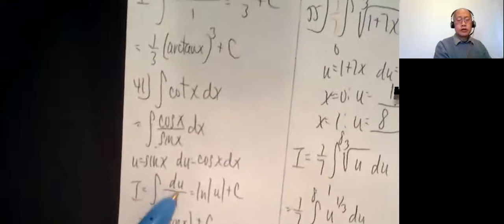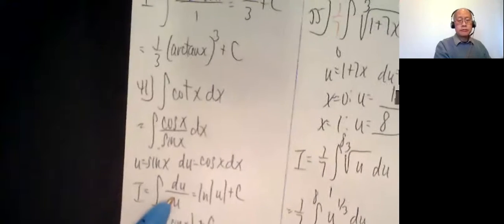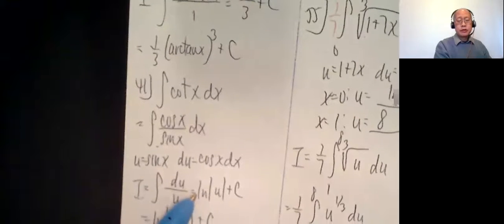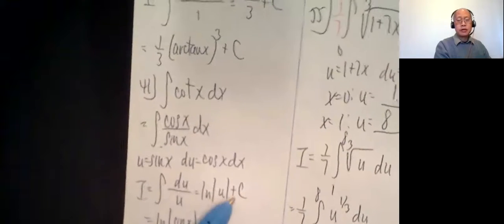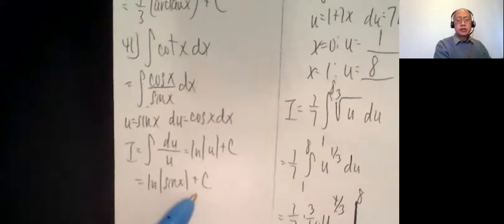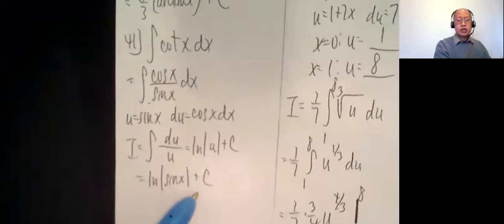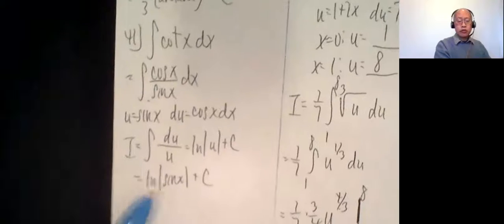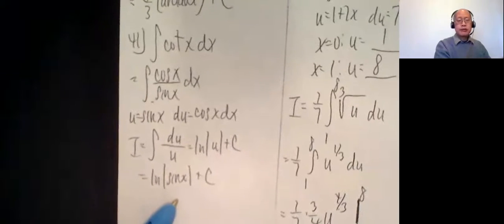So du over u, that's like 1 over u du. That's my natural log. So natural log absolute value of u plus c, and change u back to sine. So final answer, ln absolute value of sine x plus c. Double check by differentiation. The derivative of this is 1 over sine x times the derivative of sine x, which